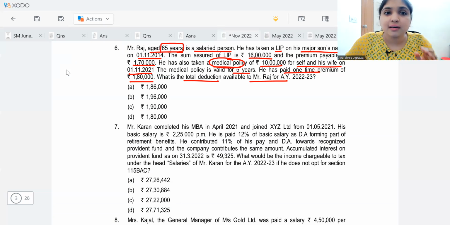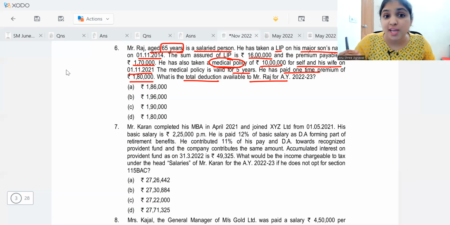See, understand, under section 80C, all your contributions should be in your own name. Only life insurance policy can be for self, spouse, children. PPF can be for self, spouse, and children. And Sukanya Samriddhi scheme, that will be for the benefit of a girl child. But apart from these three things, everything else in section 80C should be in my assessee's own name.